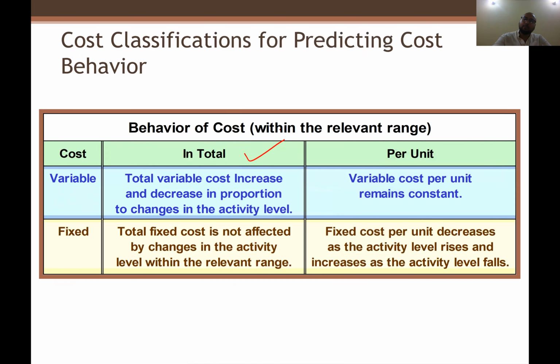But when we see the behavior per unit, the per unit variable cost behaves in a constant manner, right? So per unit variable cost is a constant number, whereas the fixed